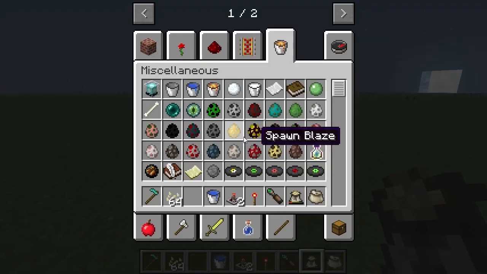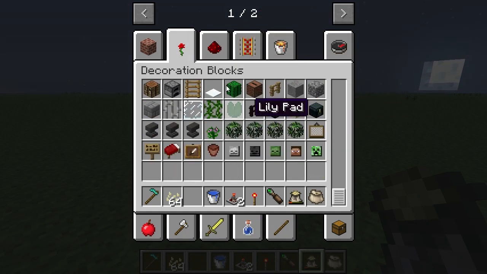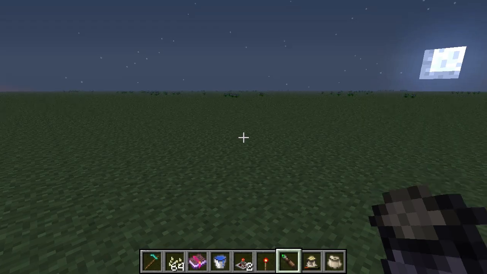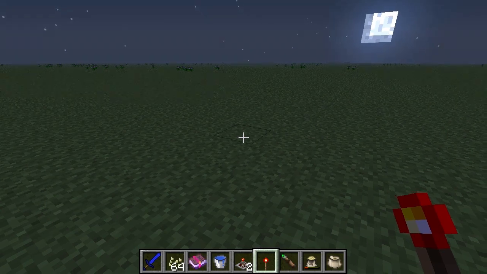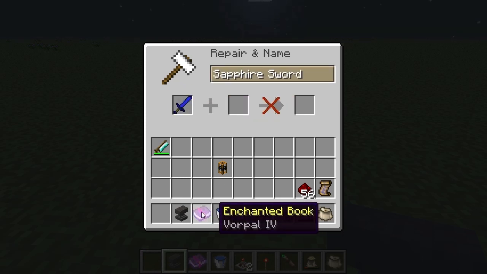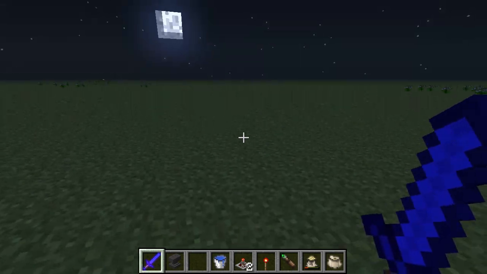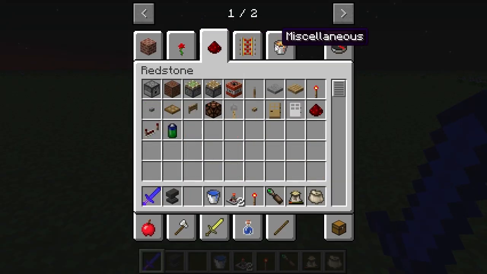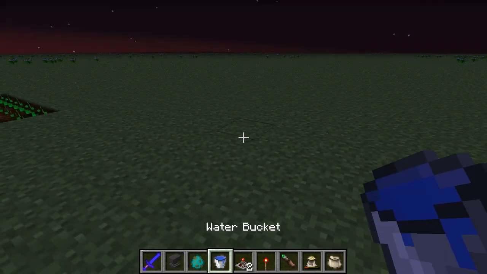Sickles can also be enchanted now, which leads me on nicely to wherever it is. Here, Vorpal, a new enchantment that the Elaram's added. I get a sword, and I need an anvil. Ding. Sword and Vorpal 4. Now this Vorpal sword has a small chance when you kill a zombie to drop its head. Pretty cool. So if I draw a zombie, I don't know if it works with other mobs as well,